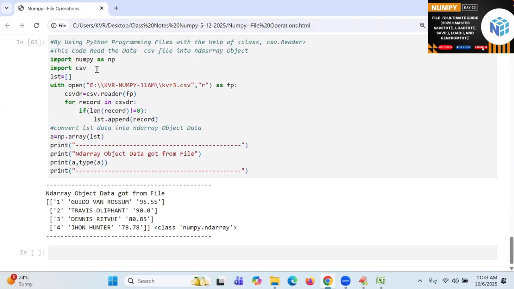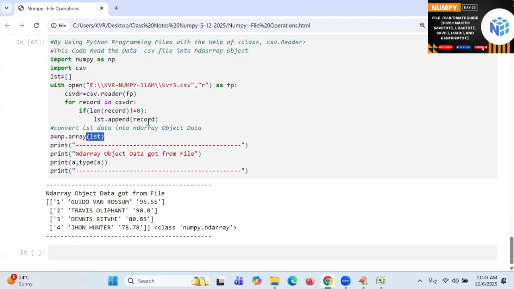No more CSV module, no more taking CSV records and adding to a list, later converting the list into an ND array. Straightforward. Okay, now? Got it, my girls?